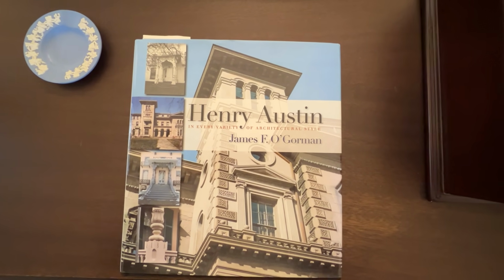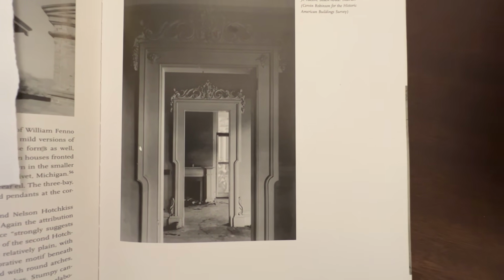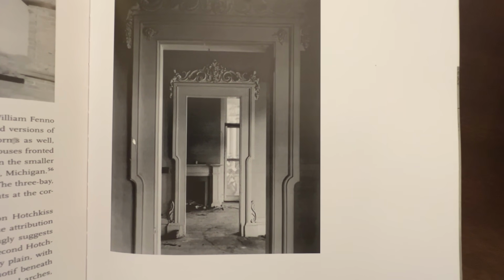I have not seen these anywhere else in Mississippi, and let me tell you why. The lady of the house was from New Haven, Connecticut. And we think that she brought her good friend, Henry Austin, down from Connecticut to design and build Canefield for her. And let me show you why we think that's the case. Here we have a book written about Henry Austin's architecture. And here, in a plate showing a home that he built in the Northeast, is the exact same door surround. The same entablature, the same architrave, slightly higher style,